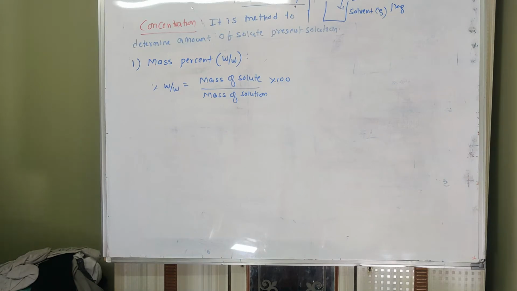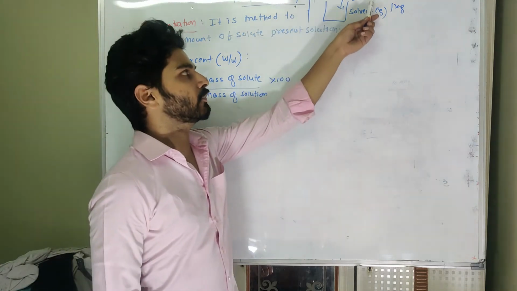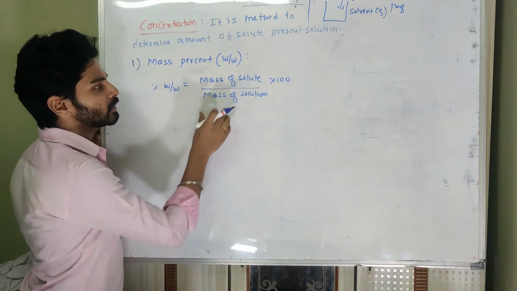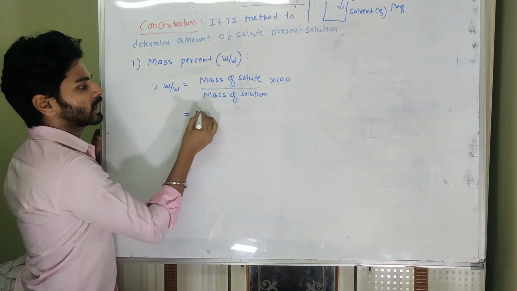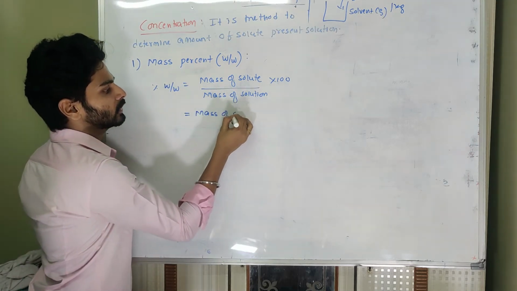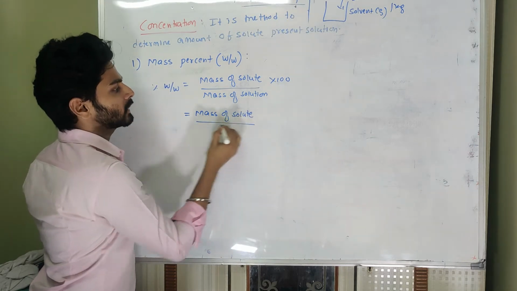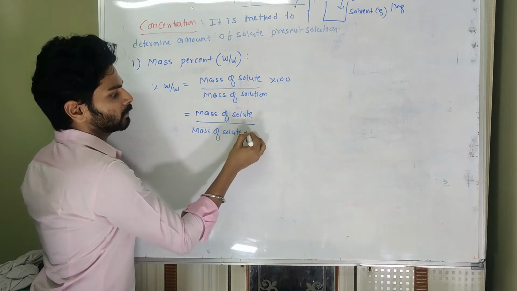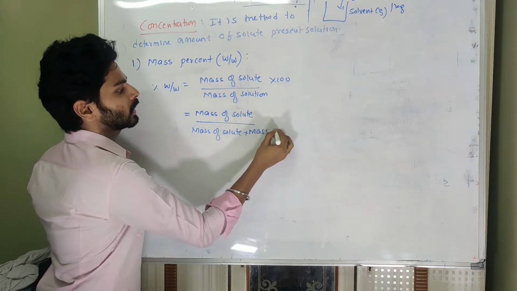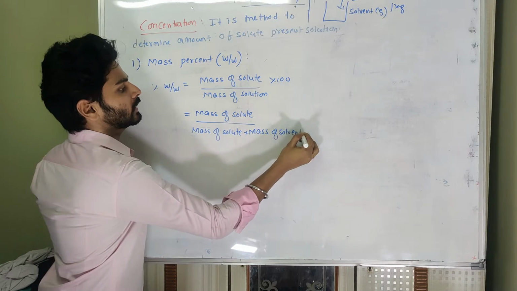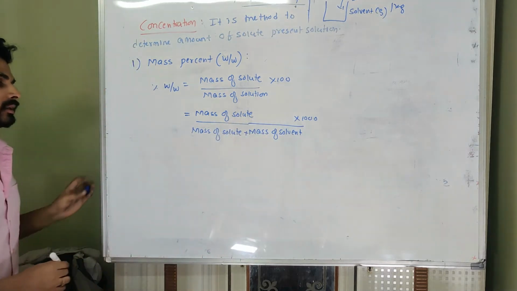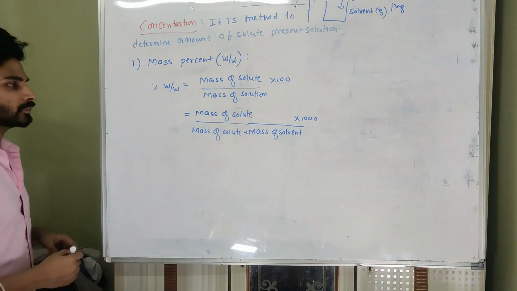This is the formula to calculate mass percentage when both solute and solvent are known in terms of kg. Remember, the mass of the solution is actually the mass of solute plus solvent. So the mass of solute cannot be simplified further, but the mass of solution can be written as mass of solute plus mass of solvent, because only then will you get the mass of solution after adding the mass of solute and solvent.